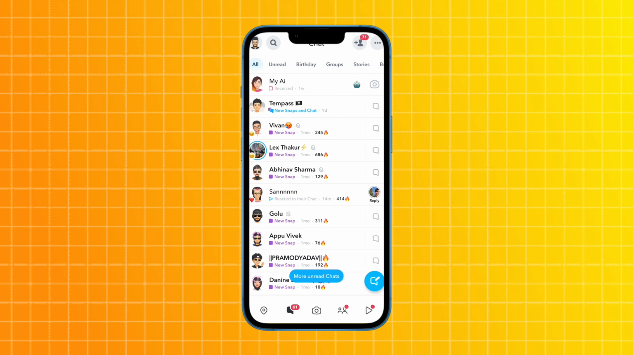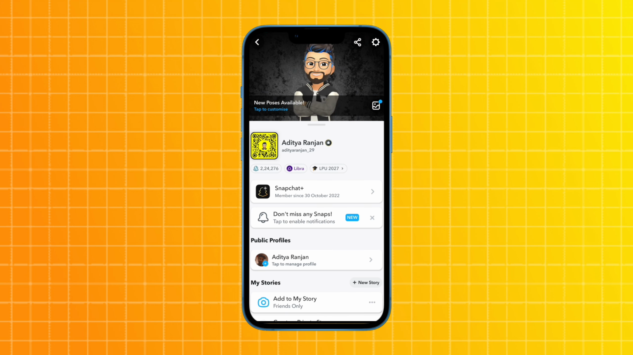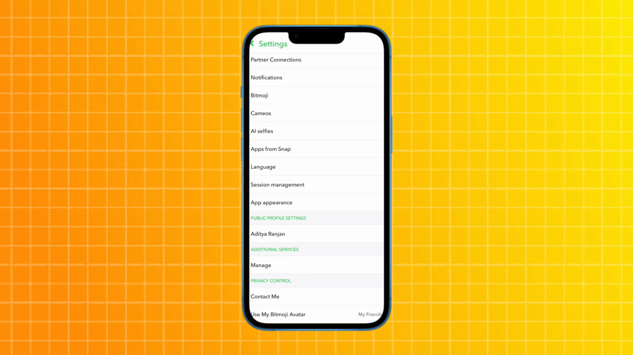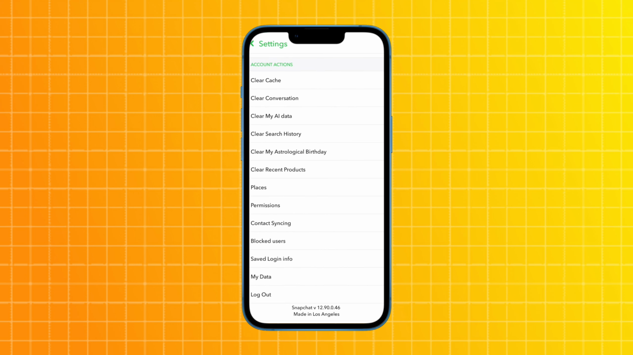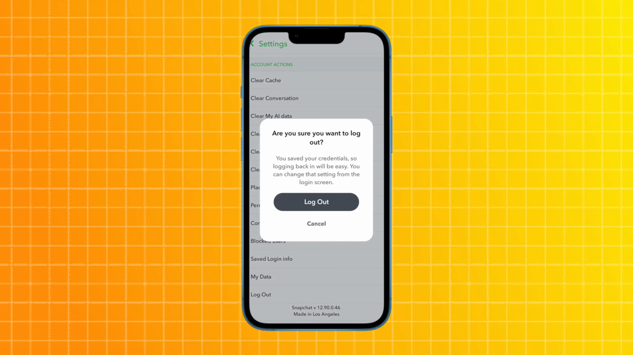First, open your Snapchat application and then tap on your Bitmoji. After that, tap on the setting option on the right side. Here, scroll down to the bottom of the page and tap on the last option, log out, and simply tap